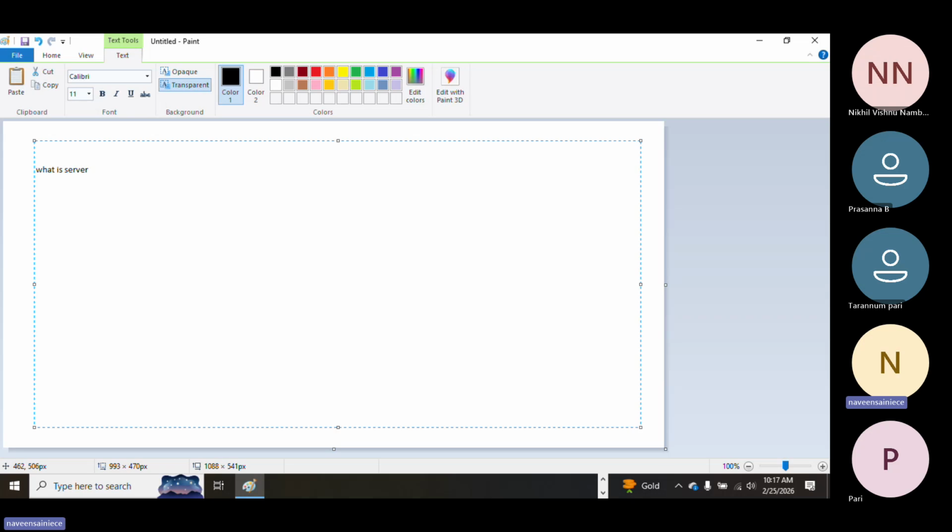Because you need to understand these server things first, then we will move to application architecture. Then we will start Linux basic commands and we will go ahead like that. What is a server? Tell me whatever ideas you have about servers.